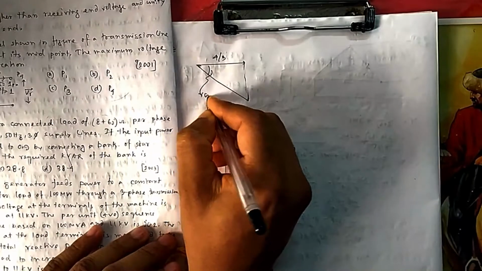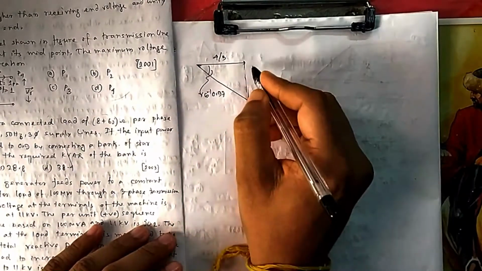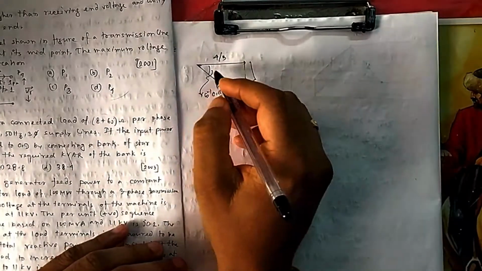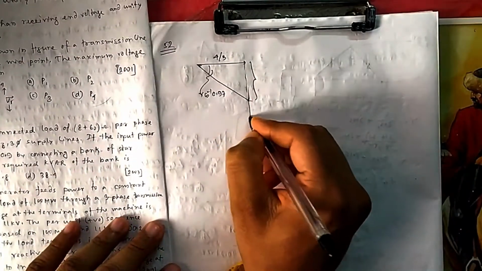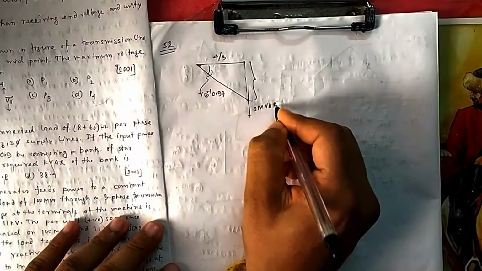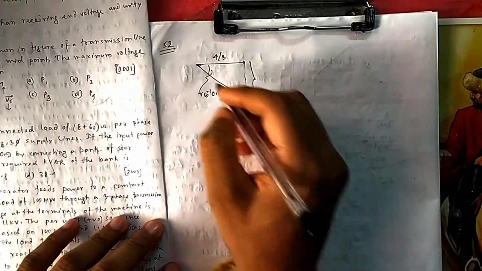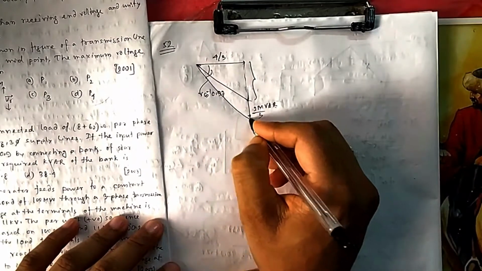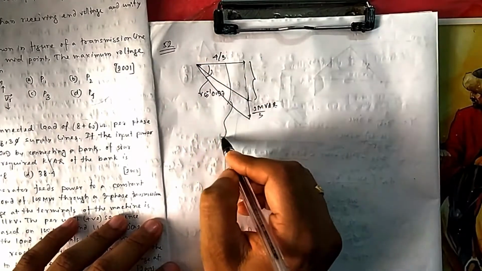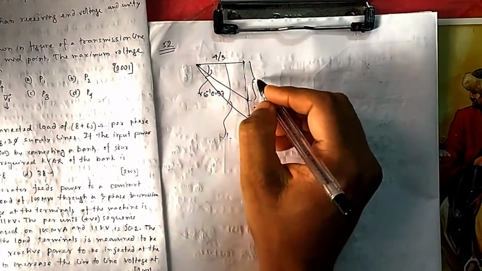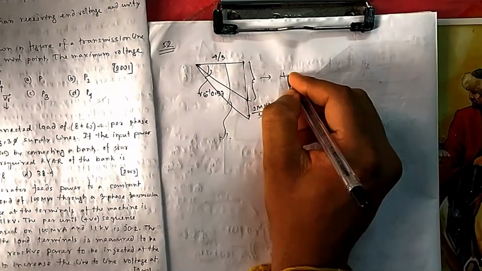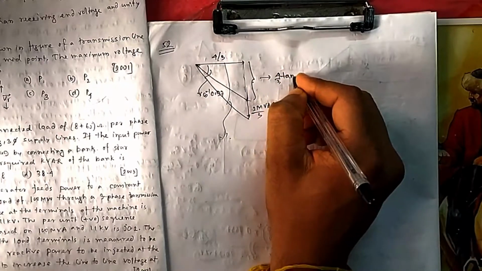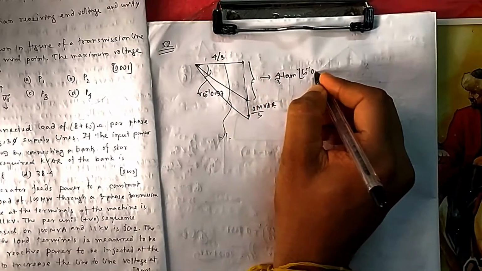So this is per phase basis, and the angle that is given is cos inverse 0.97. So how much MVAR it was taking? So you have to see this. Now suppose your capacitor has gone out, so an additional 2 MVAR load will come now, because it was initially supplied by capacitor. Now as the capacitor, so this also divided by 3, so it will come down to this. So this one will be the new power factor, so that is required. So let me calculate this one using trigonometry. This one will be equal to 4/3 tan of that angle, cos inverse 0.97.